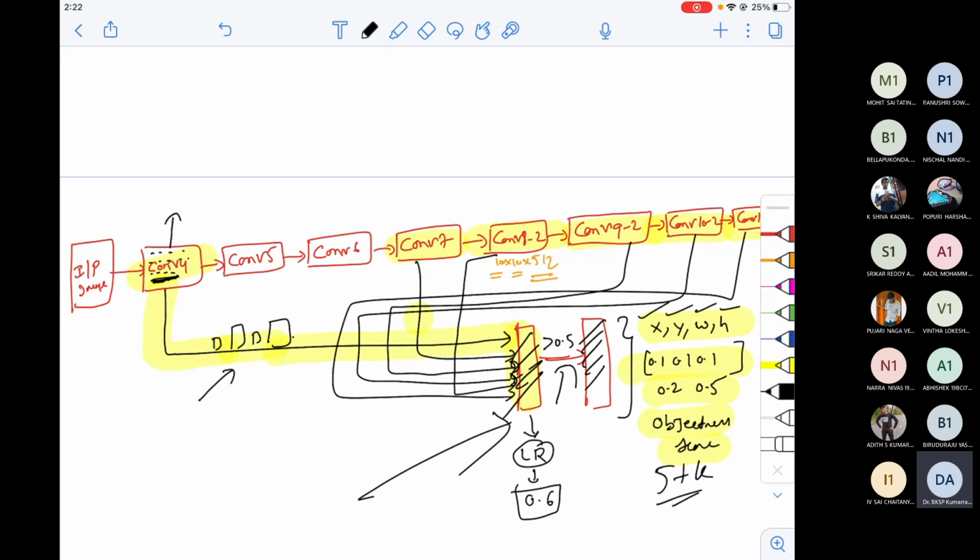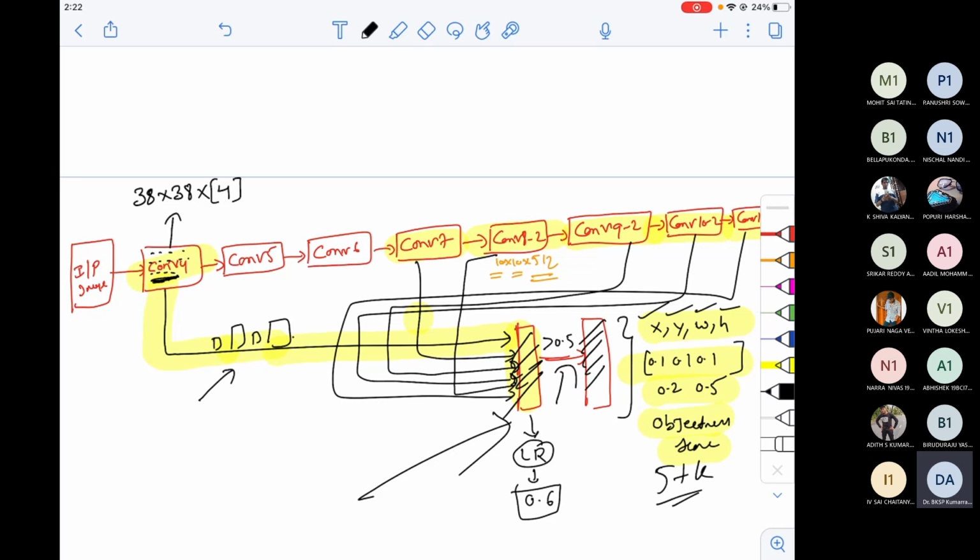Because the feature map size is reducing, accordingly the number of boxes should also vary. The output size after convolution 4 is 38 cross 38, and they decided to draw 4 boxes for every pixel. 38 cross 38 pixels are there, and for each pixel I'm drawing 4 boxes.